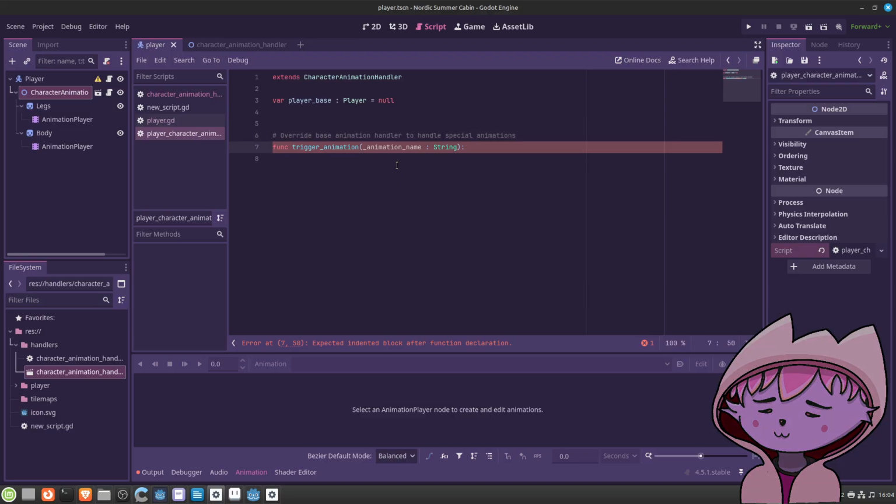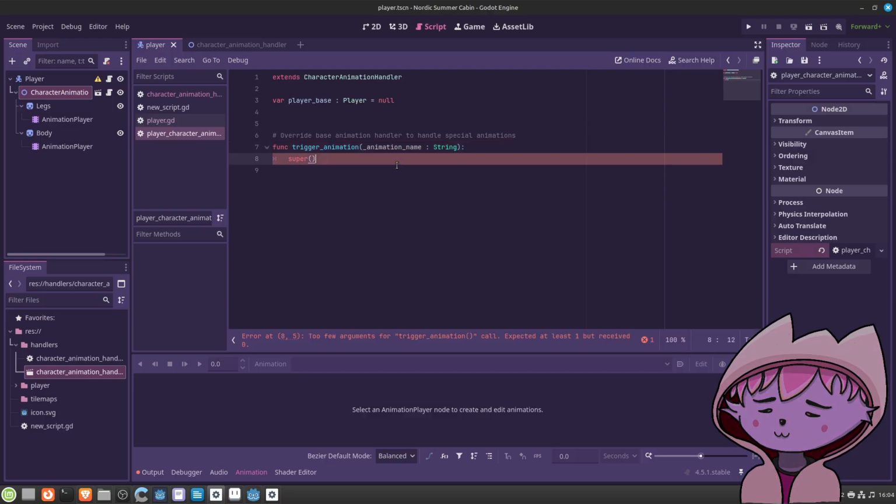Animations. We need to call... Oh? What? Trigger animation expected at least 1 but received 0. What do you mean?